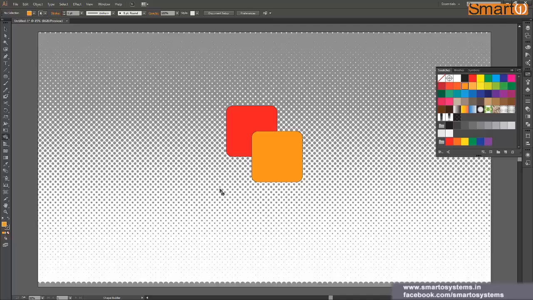But now when I select my shape builder tool, you can see that I have this disable icon beside my cursor, and that means I cannot use my shape builder tool right now. So why is this happening, and what can we do to remove this? Let's see it now. I think this pattern fill is creating a problem here because you are not able to see my cursor properly. So I'm going to just remove the pattern fill.